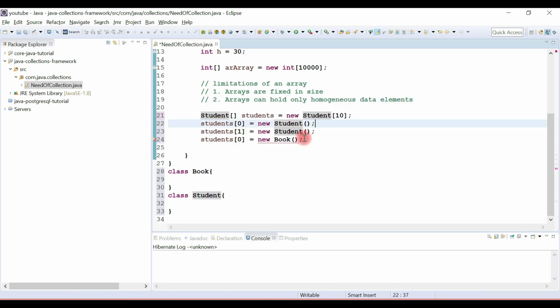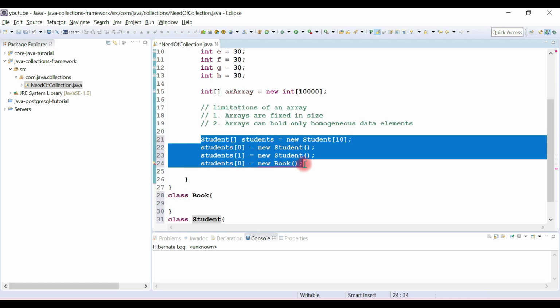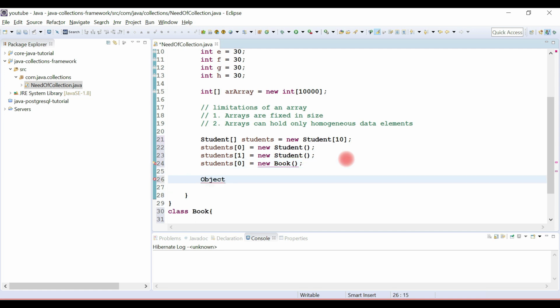And in arrays we have a solution for this limitation. We can use an array of objects to store different types of elements. For example, we have the Object class, right? The Object class is the superclass of all classes, so it can hold different types of objects.